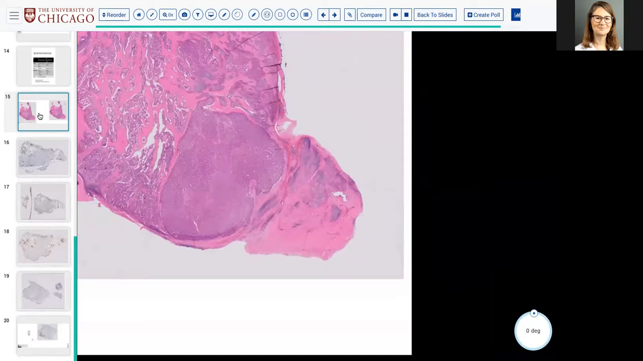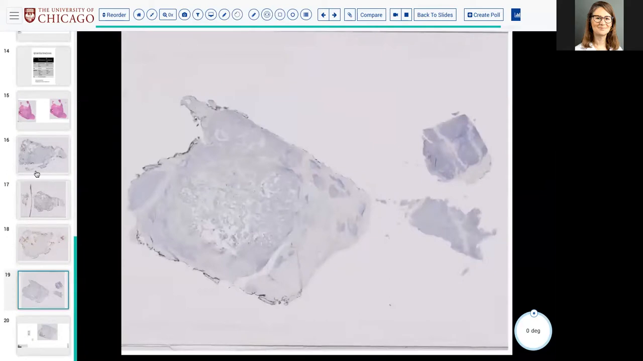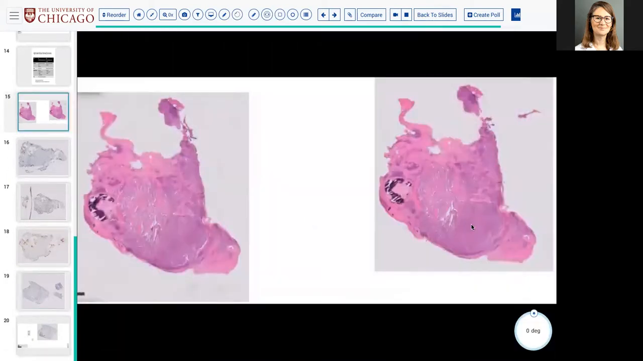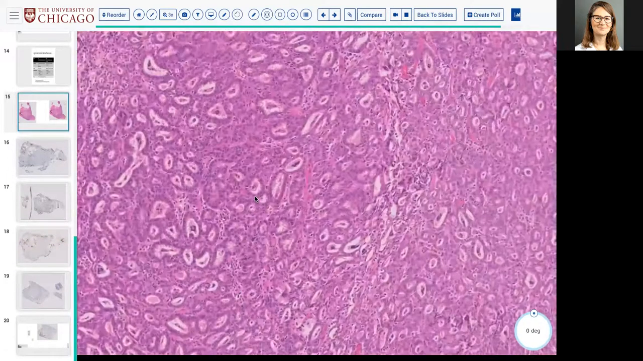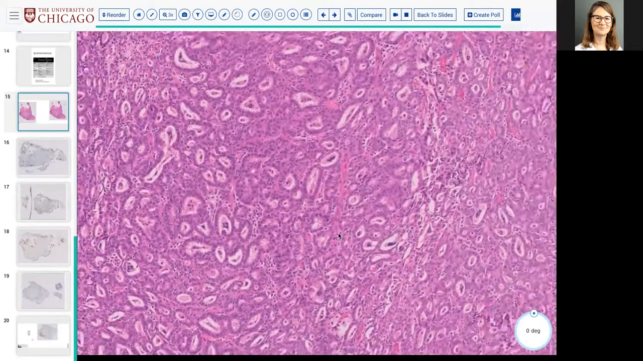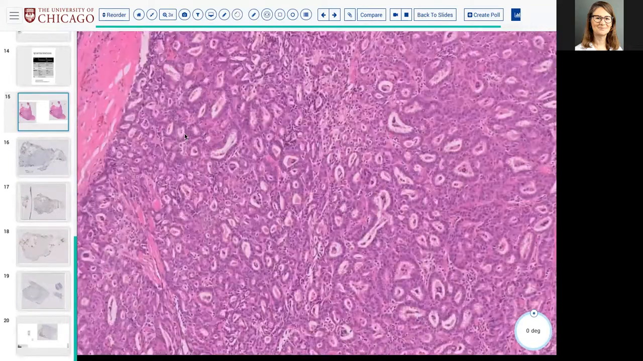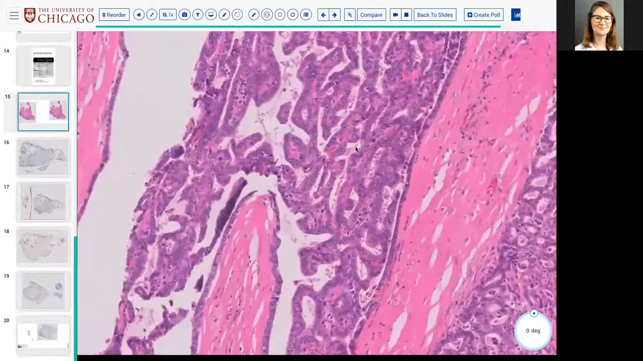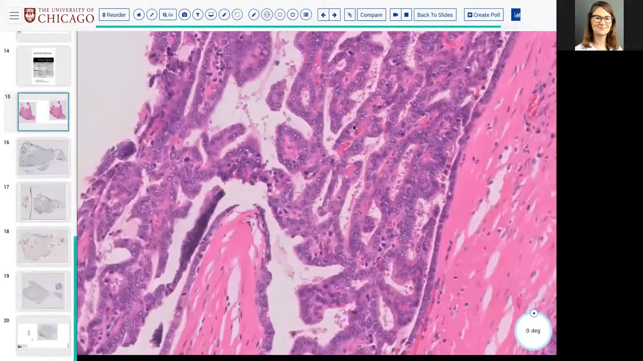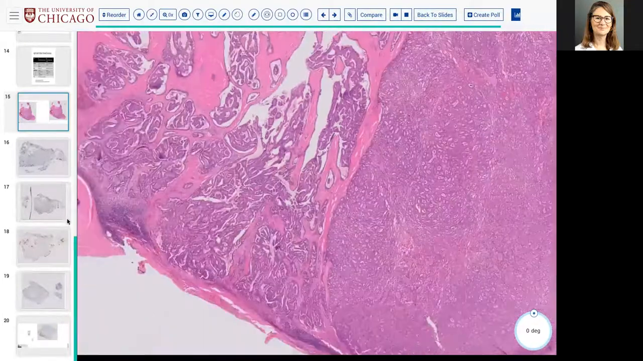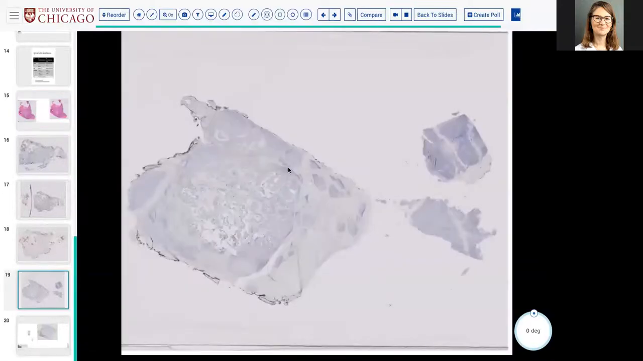Don't ever exclude that possibility. With PAX8 negative, I would assume probably not GYN. I did not do WT1. But when I thought about salivary, I thought about the fact that this is sort of cystic or microcystic to papillary with kind of a single cell type and these kind of ovoid open nuclei. So I did an